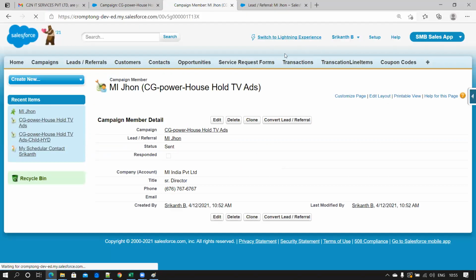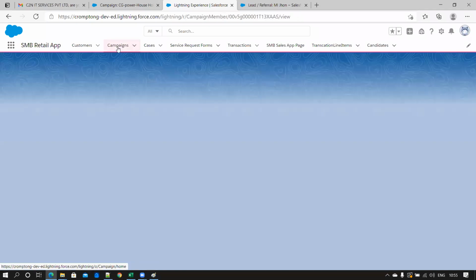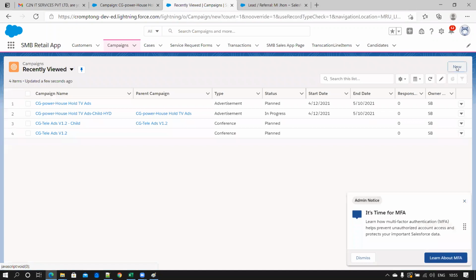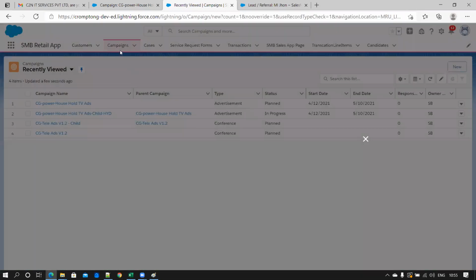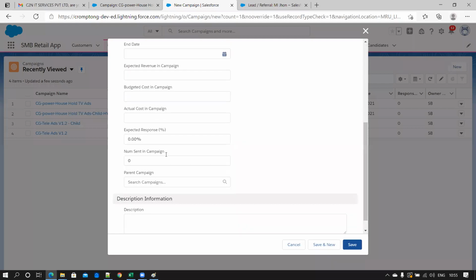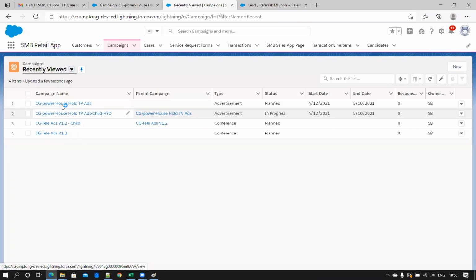Now let us go and take a look into the Lightning experience. Master-detail junction object and lookup junction object. Similarly, you can click on the new button. A pop-up will open. You can fill up the necessary details, whatever you have given in Classic. And when you click on save, a record will be created like this,